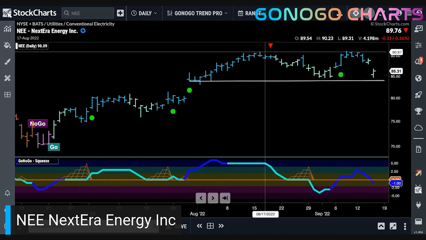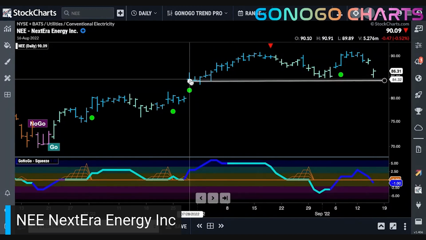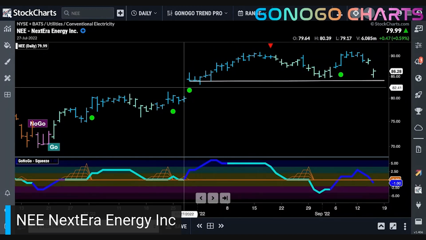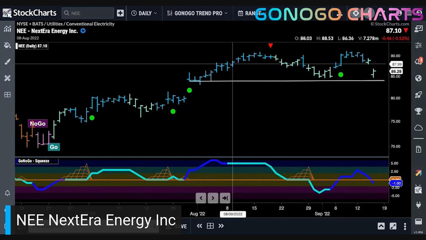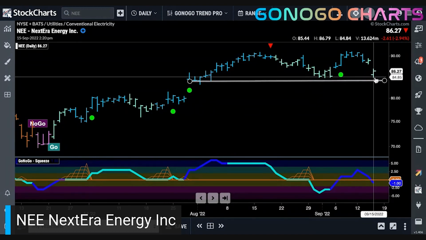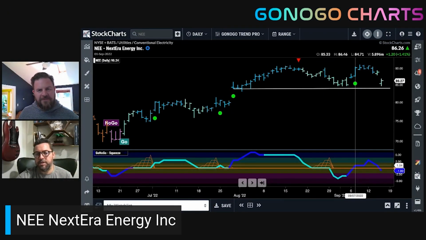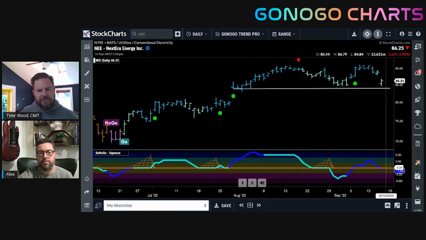We've seen some topping, some resistance at these highs, but we've got a lot of support at this gap. So this gap here that is providing support has provided support once before. It looks like we fell right down to it, and we've climbed today off those lows from the top of that gap. So interesting. This one's still in a Go trend, still in play. GoNoGo oscillator, which has been able to get back above positive territory, now threatening to fall back lower. So interesting to see what happens there as well.